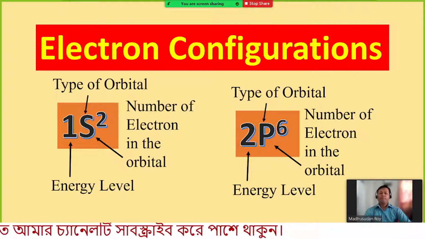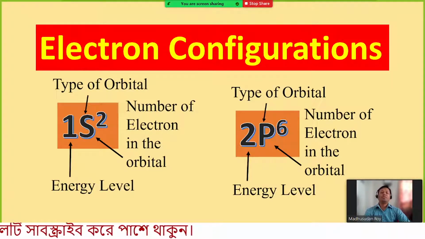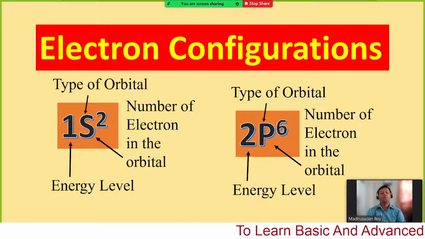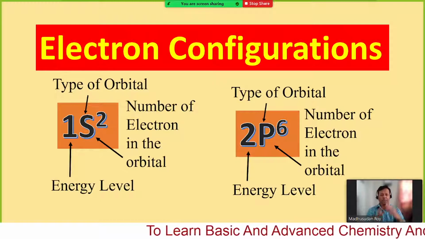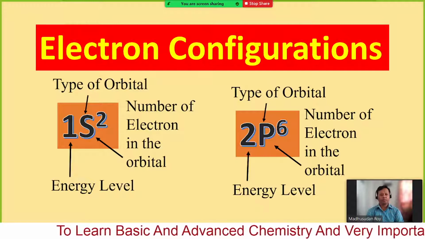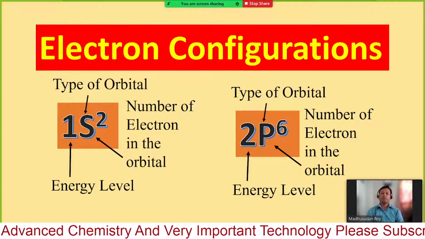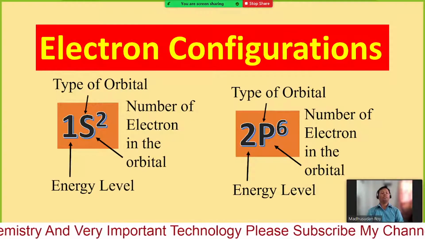Good morning to everyone. Today we are going to learn about electron configurations. That means how the electrons are organized or kept inside the atom in different orbitals, shells, subshells, and what their magnetic spins are, different things. So we will learn different rules, how we can fill the electrons in different shells or subshells, and what the spins would be. So this is the electron configuration, and why we need to learn it.